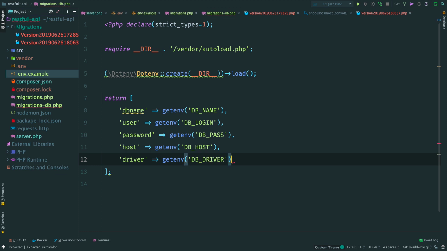So with that, we have configured the database. We have done quite a lot of work: migrations, environment files, and the database connection itself. But it was worth it. Now we are ready to execute queries, and in the next video, we'll start adding database logic to our API endpoints.